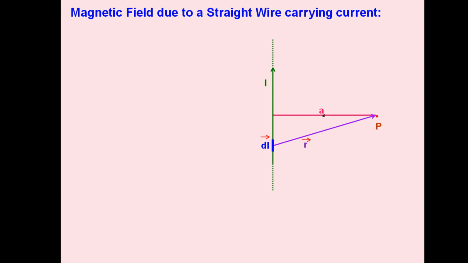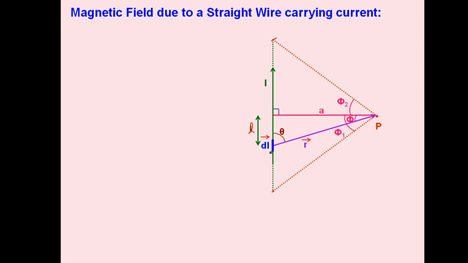Now this small a is the perpendicular distance, we can say shortest distance from the current element to the point P, which is perpendicular. We already consider it as perpendicular distance, and this is the expression L, which we consider as the distance of current element from the central point, angle theta, angle phi, and now we are assuming the two extreme ends of the wire. This is the extreme lower end, this one is the extreme upper end, and they are making angle phi 1 and phi 2 in place of phi.